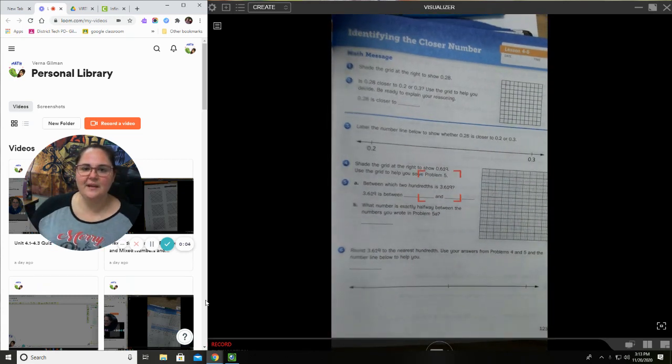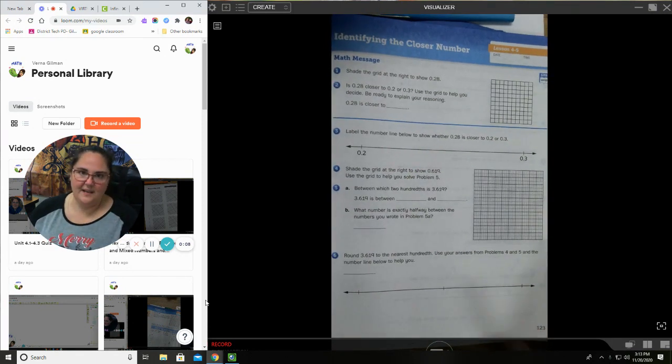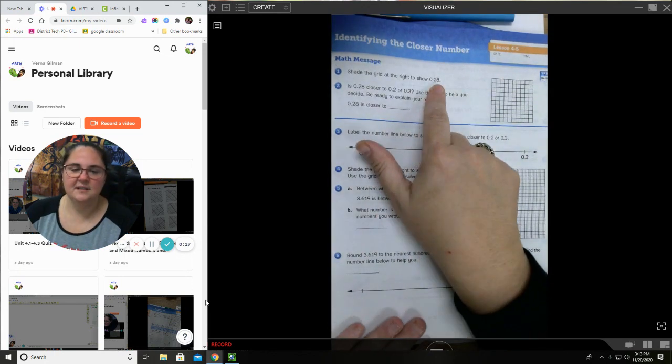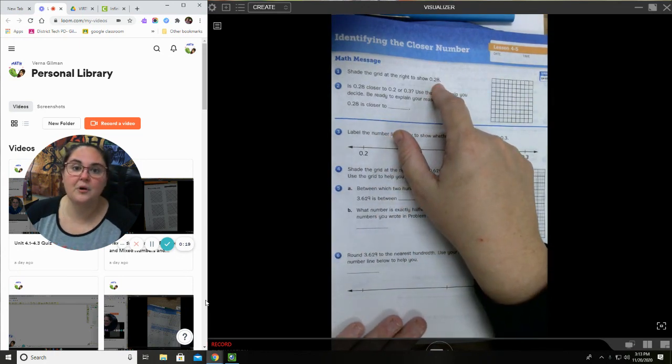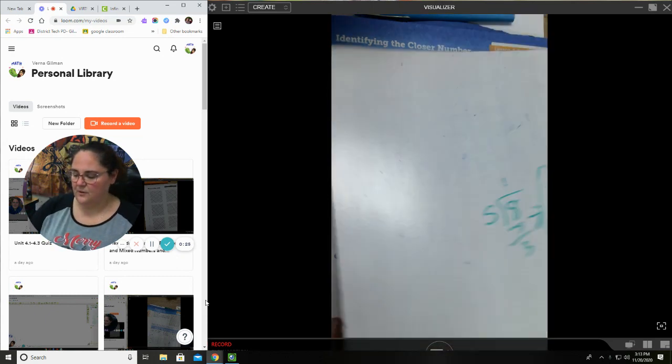So we're going to be working on 4.5 today. It is all about rounding. One of the things you need to remember and think about is that when you're rounding with decimals, it's the same process as when you round with whole numbers. So when you're rounding with whole numbers, just to review a little bit,